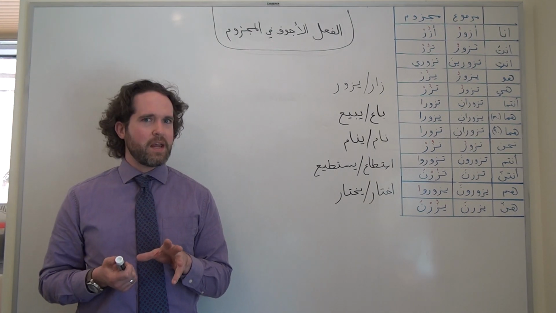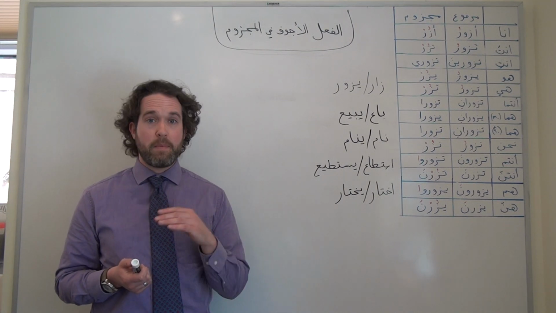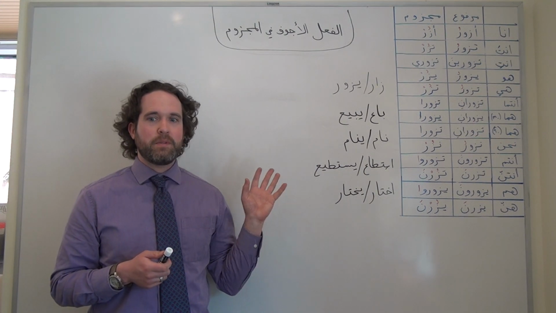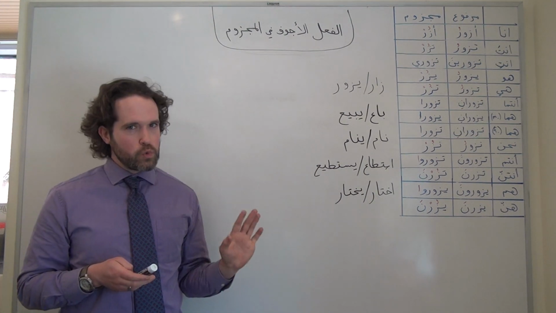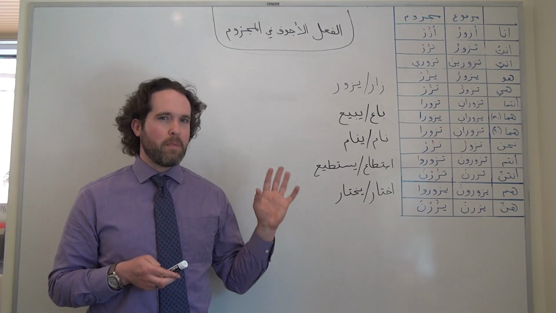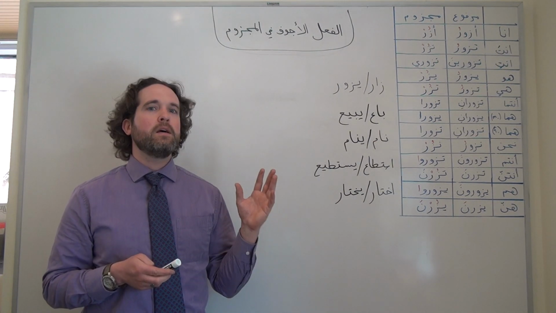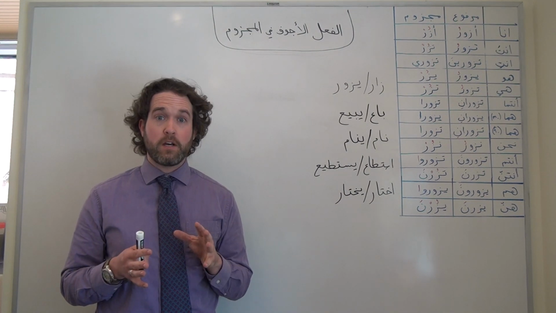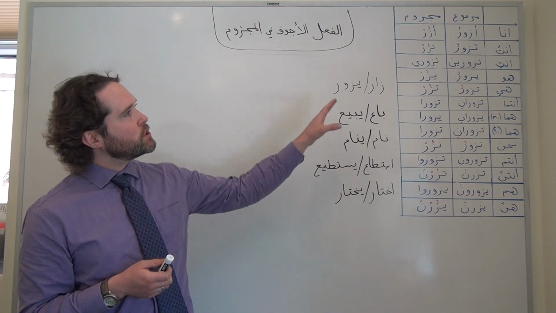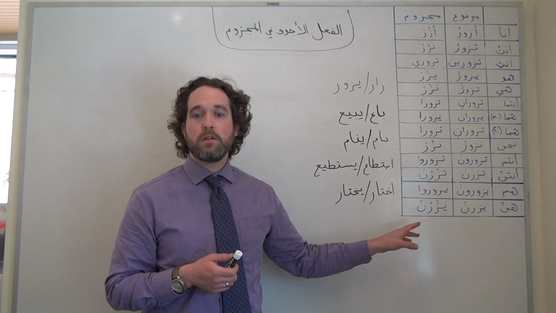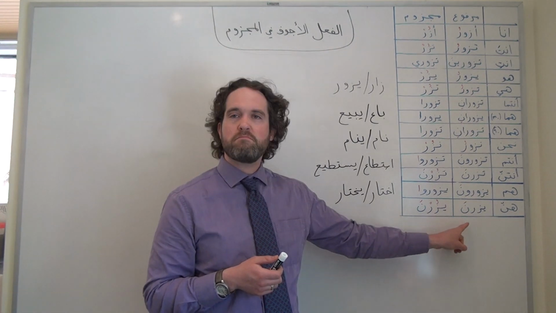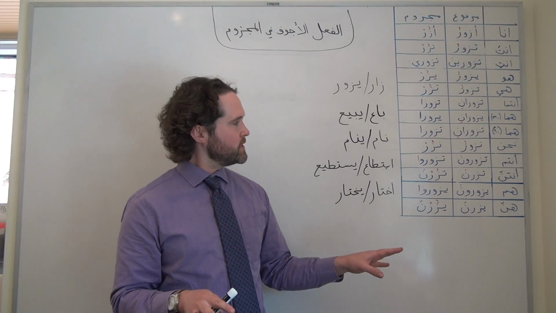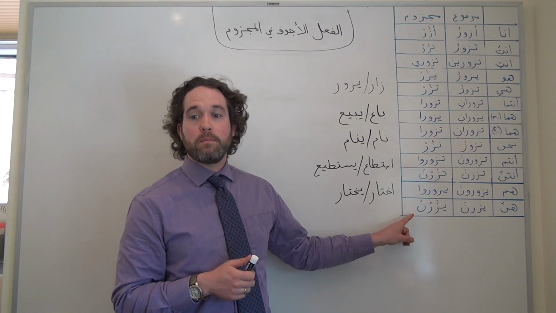If you need a refresher on any of those ideas, we have separate videos that you can head back and take a look at before we start this one. For reasons that I'll explain, hollow verbs in the majzoom case, that modified version of the present tense that we use after lam, can sometimes drop their middle vowel depending on the conjugation. Over here I've got a chart conjugated for the verb zar, to visit, in both marfu'a, our regular default formal Arabic present tense case, and also in majzoom.